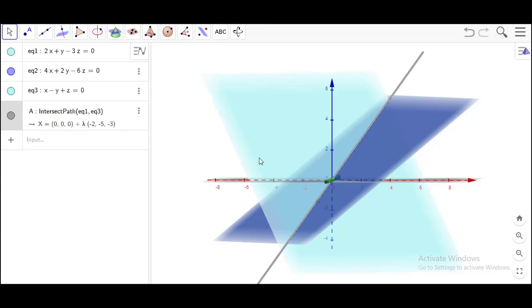So there are infinitely many solutions to this system of equations, because the first and the third equations, the intersection gives a line. So these are infinitely many points. The second and the first equation are nothing but the same. So the intersection of all these three equations gives us this line, which has infinitely many points, and all points on this line are solutions to this system of equations.